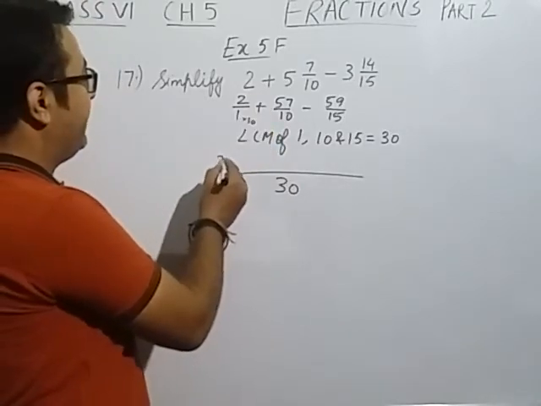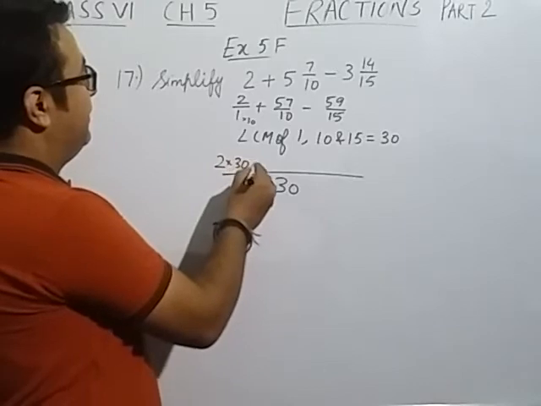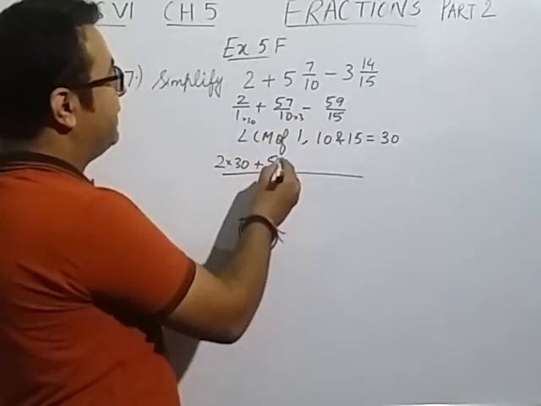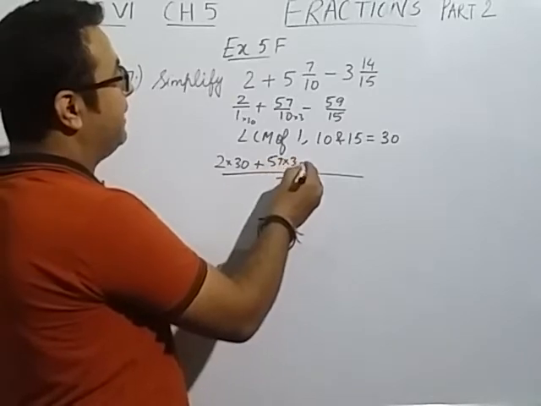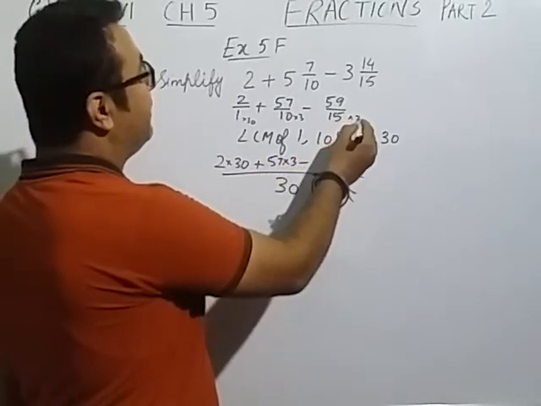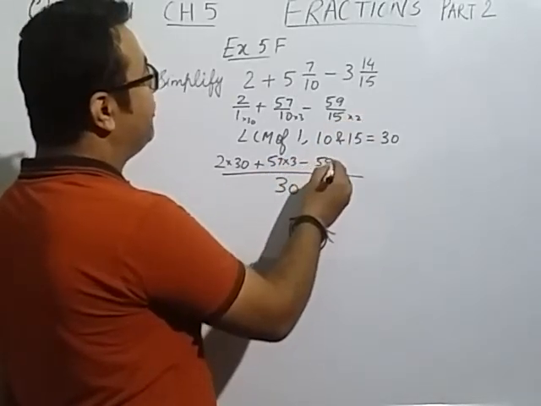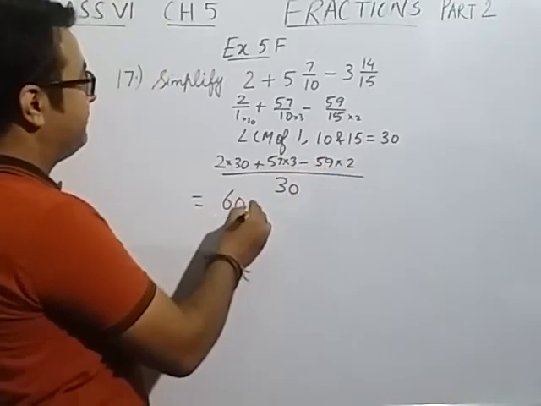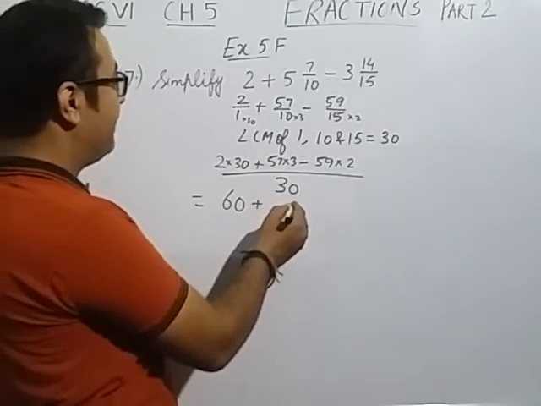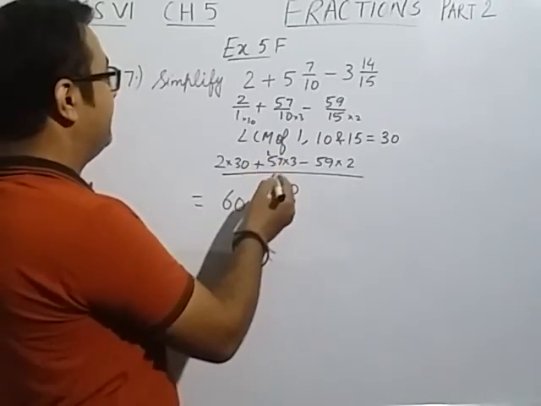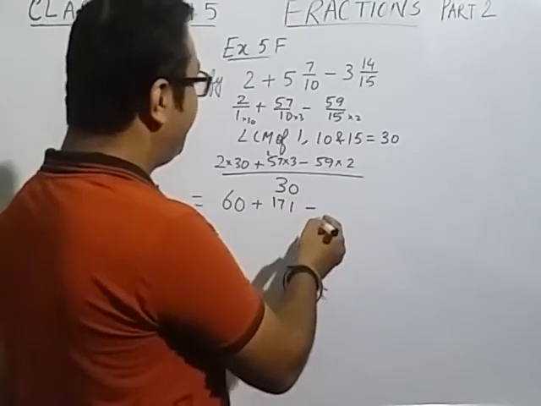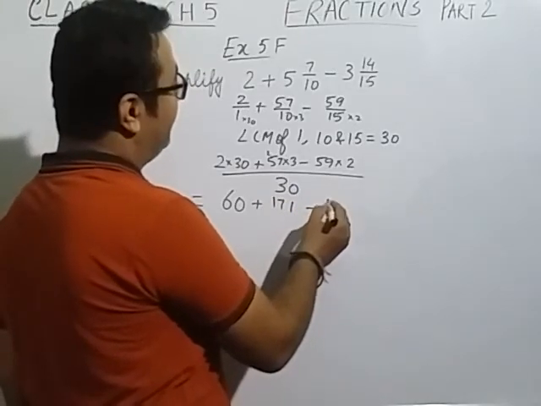2 into 30 plus 10 should be multiplied by 3. So 57 should also be multiplied by 3. 15 should be multiplied by 2. So 59 should also be multiplied by 2. This will give us 60 plus 57 into 3 is 171. 59 into 2 is 118